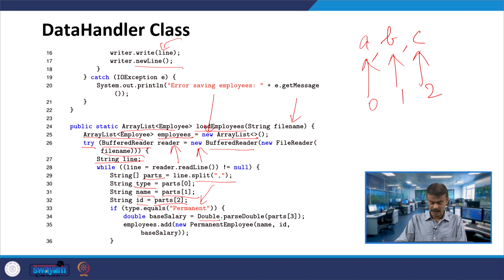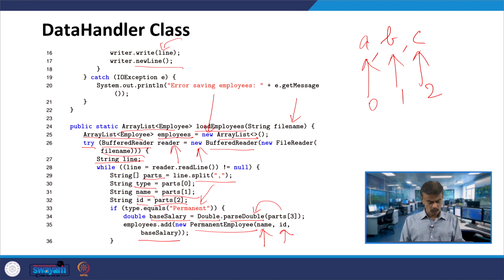Parts of 3 is a String, and that string is converted into double by parseDouble, so base salary will be double. Then you are adding the employee. Here the PermanentEmployee constructor will be called, and you are passing name, id and base salary. That is what we are doing over here.